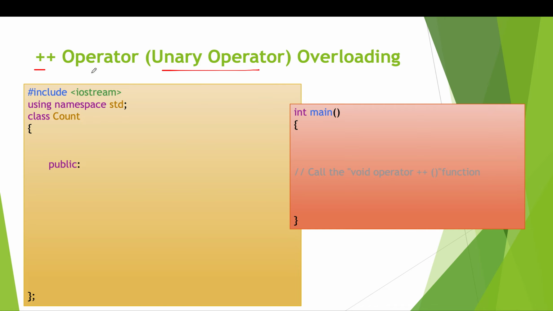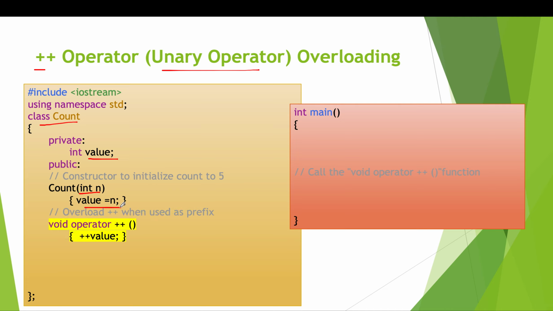So we are going to use the plus operator in a simple program, class count. Inside the class count, there is a variable named value. After that, we have a constructor which is initializing the value variable. Next is void operator keyword and then the symbol of the operator. So void operator plus, and what is happening in this operator? It is simply incrementing the value variable by 1. Although we have given the definition, in the definition also we are making it perform the same task which it generally does, but now we are working on the member variable of the class with this.